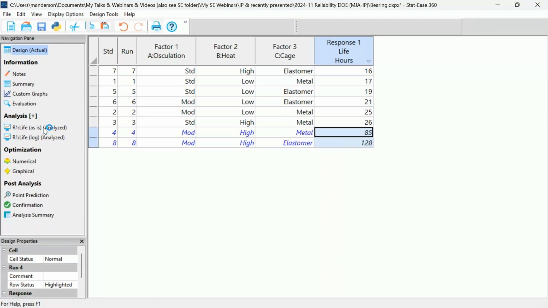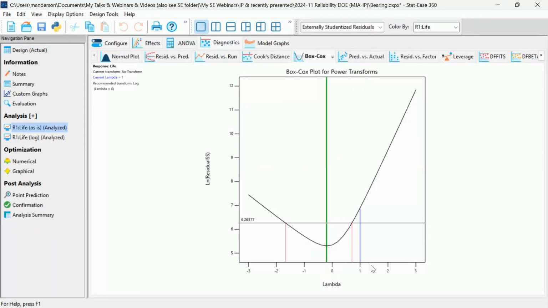But then what really tells the story is if we go to the Box-Cox plot, we see that it's recommending a transformation via the log, where this green line is at the 0 point, which is a power law, and it's a placeholder for the natural log. And as you see, George Box developed this along with Cox. We try different transformations: inverse cubed, inverse squared, inverse on the other side, cubed, squared. The current transform is no transform, which is everything to the power of 1. But in this red zone, we're going to do better to reduce the residuals.